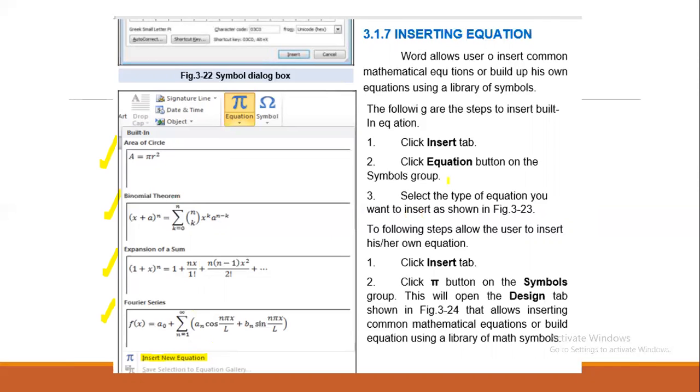So equations can also be inserted by using the Insert tab and then clicking on the equation button on the right upper corner. The things we are learning theoretically will be demonstrated in MS Word in the end of the lecture.